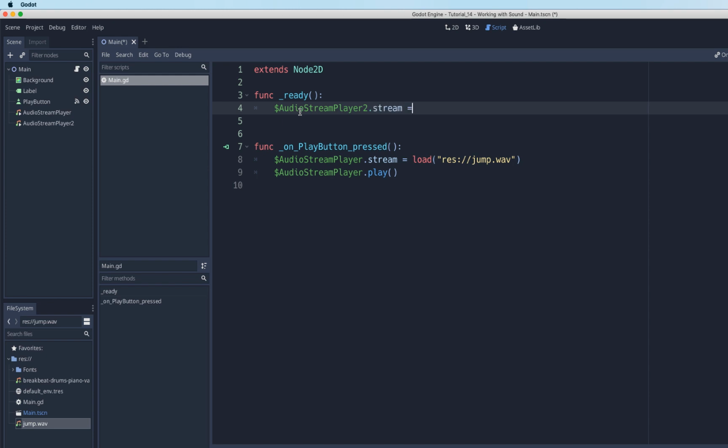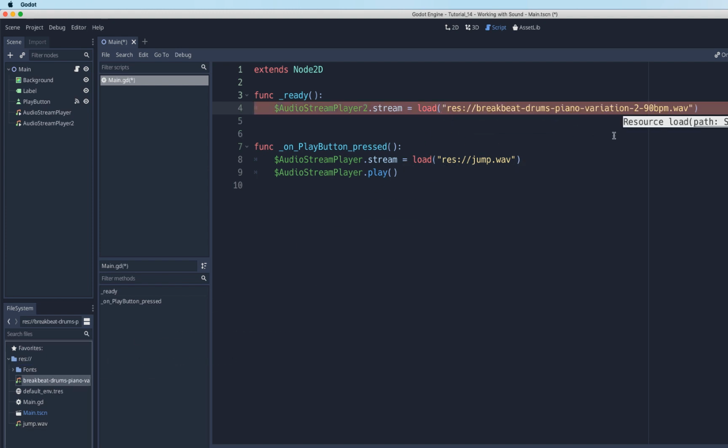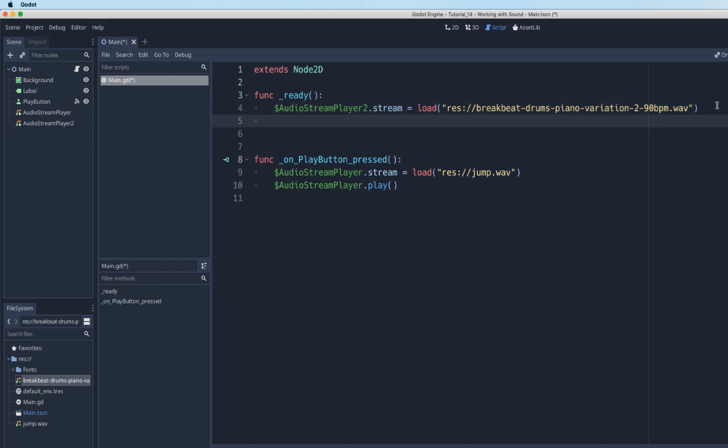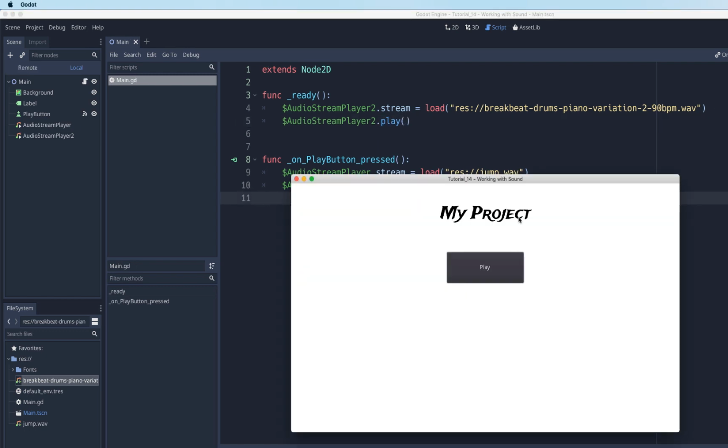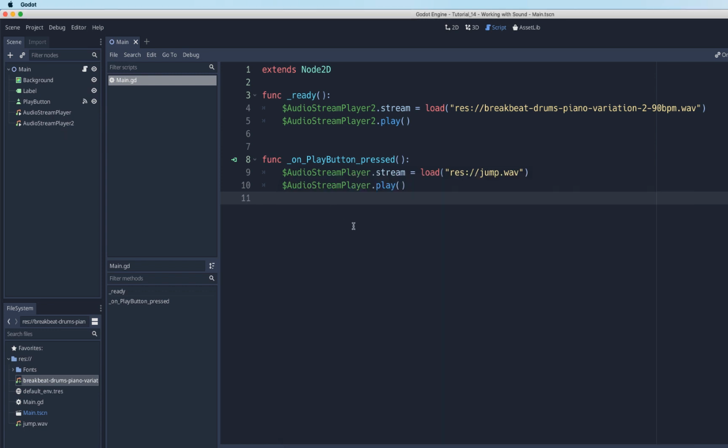And of course, I have to set the stream and tell it what to load. And I'm going to have it load this backbeat sound file that I have created. And by default, we'll just play it. So we'll say play, and let's see what happens. Excellent. So right away, as soon as our ready function fires, it loads up that stream, the backbeat stream, and